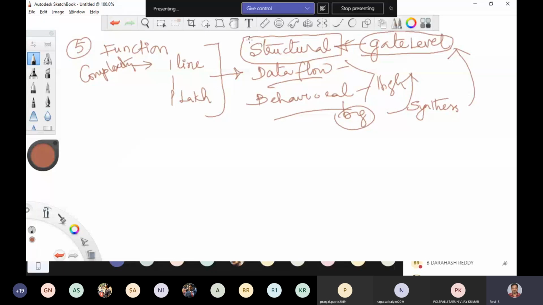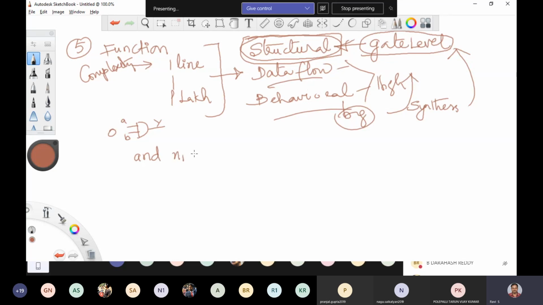So the fifth portion is your function. Today I'm going to explain the structural methodology. In structural methodology, we call all the logic gates. If I want an AND logic gate, a ready-made AND is available in Verilog HDL. If A, B are the inputs and Y is the output, I have to call the primitive and, and give some name as N1. N1 is the instance name.